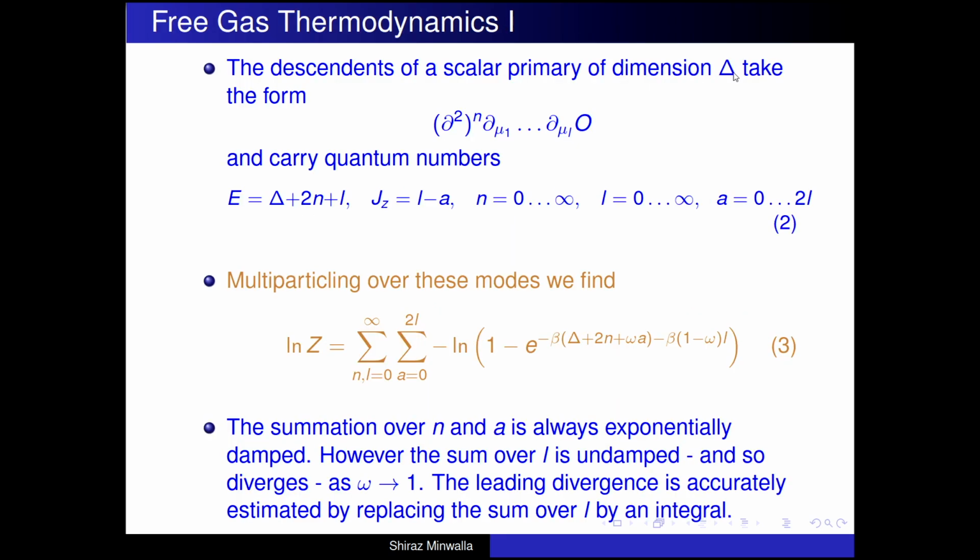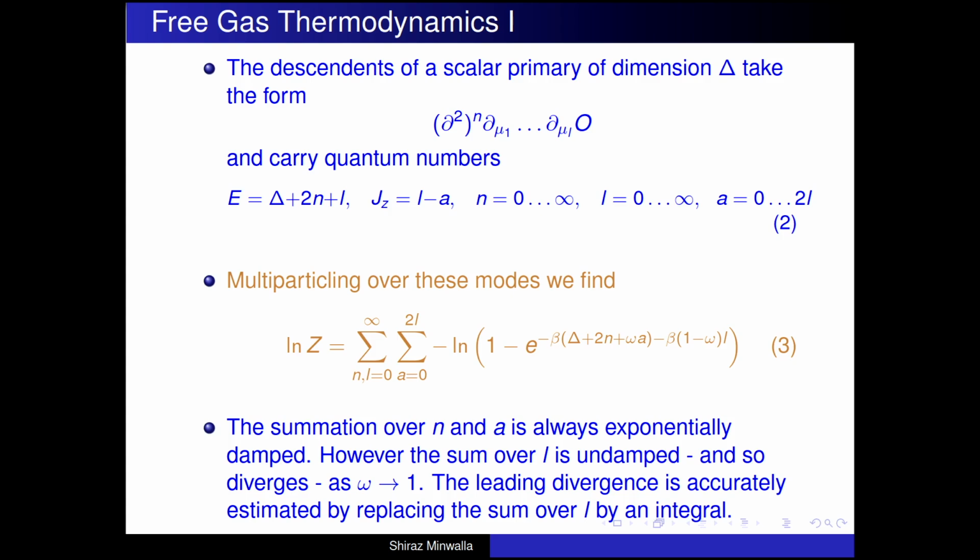Let's see this better. I'm going to study the gas, ignoring the presence of the black hole, and in a moment we'll see that this is justified. Consider a particular scalar operator and look at all its descendants. Let's look at the gas made by multi-particling all these descendants. This is given by a simple Bose formula. Now these descendants of the scalar operator can be parameterized by 3 numbers. I'm working at the moment in AdS4. It's the simplest situation. We'll generalize in a minute.